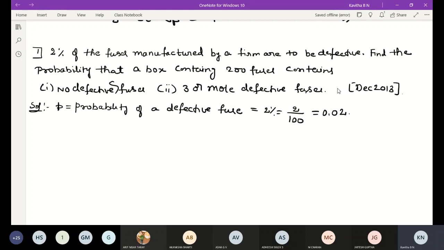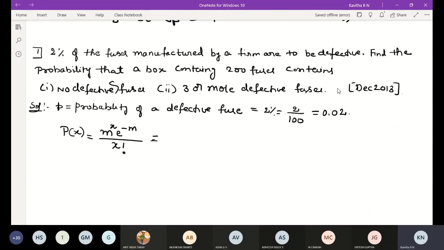Okay, then next step, first you write the formula. In the exam also, first write down the formula. If the answer is wrong, at least you will get the marks for the formula. Then substitution also carries marks. m to the power of x, e to the power of minus m, divided by x factorial. Okay, in the maths subject you can easily pass. If you write the formula and substitution, you will get at least 3-4 marks. Then simplification carries only 1 or 2 marks.